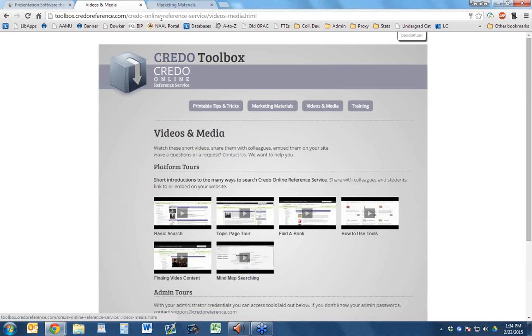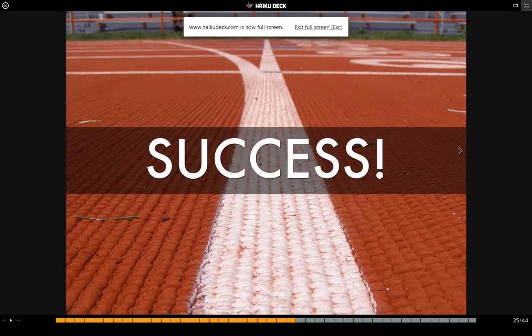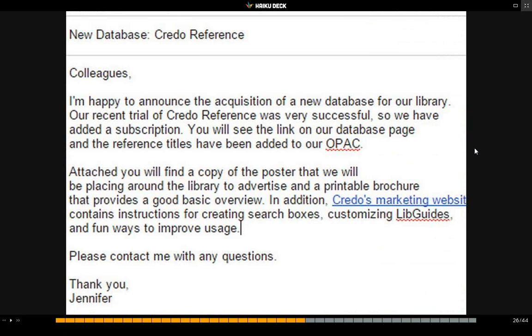And it's very tempting just to grab this link and throw it into an email and say, hey, public services, here you go. We got this today. But it's not good practice to do that. Go back to my slides here. Instead, what you want to do, again, this goes back to making your coworkers' jobs easy because you want them to do something, okay? You want this database that you've done all the work to set up the trial, you've communicated with vendors, you've communicated with the library, with the budgetary people, you've set everything up,